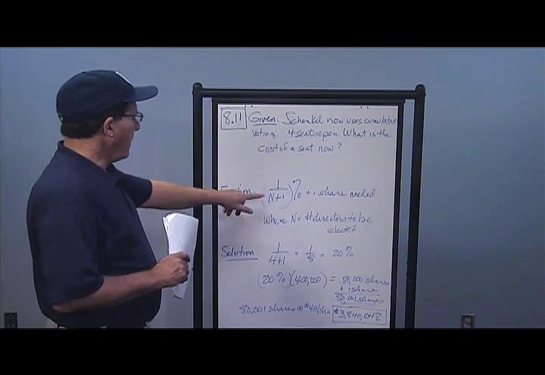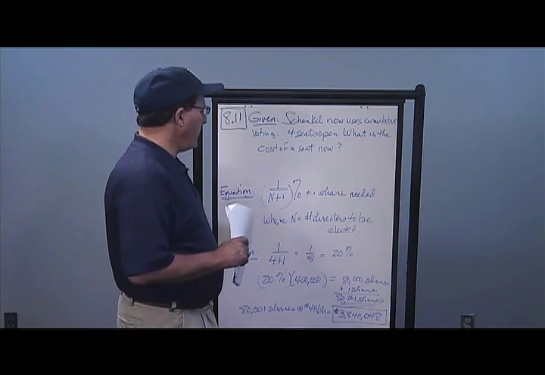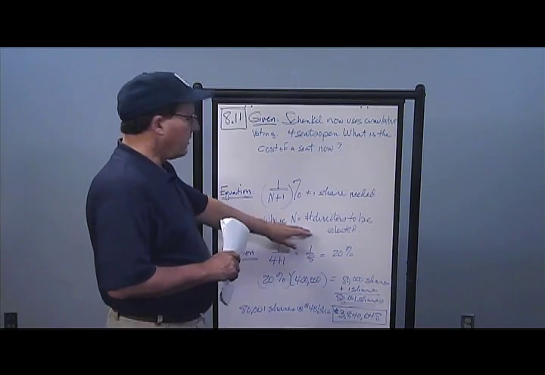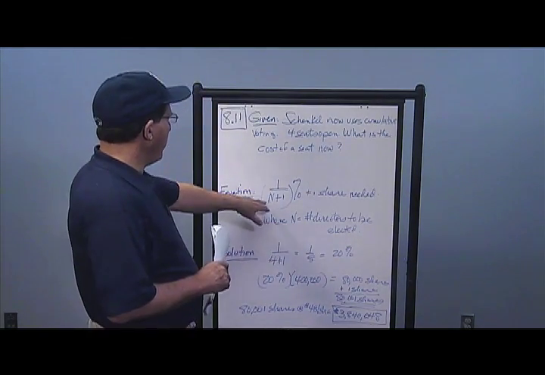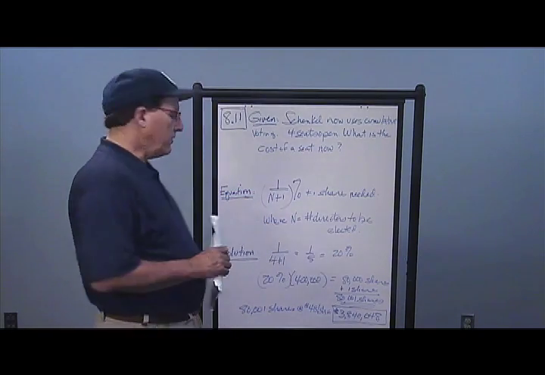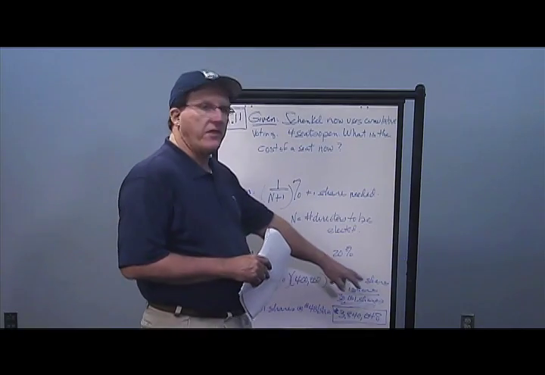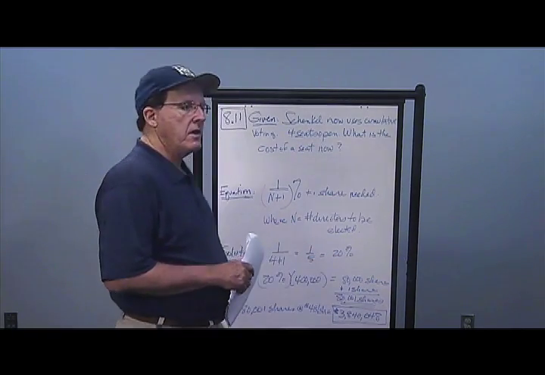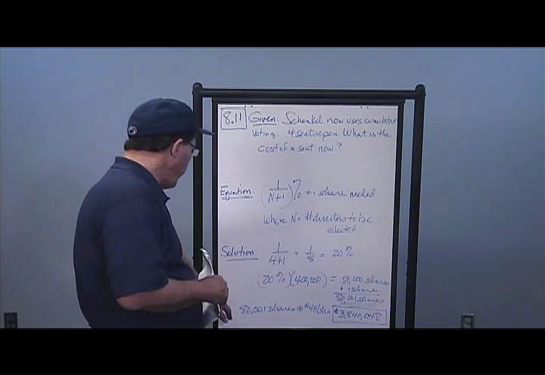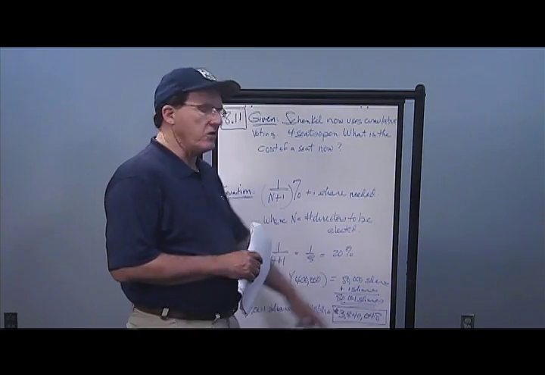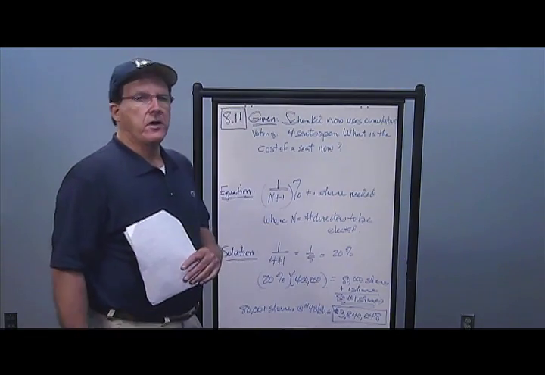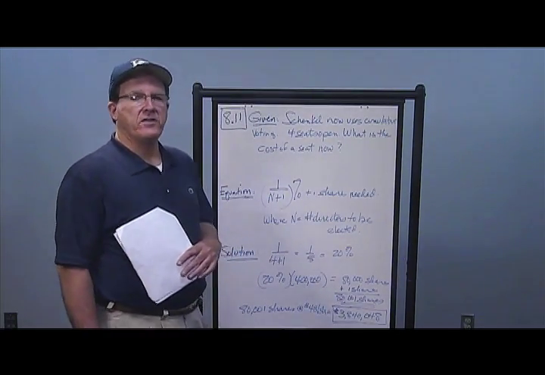So the equation is 1 over N plus 1 of the total shares plus one share, where N is the number of directors to be elected. So with 4 directors to be elected, 1 over 4 plus 1 is 1/5, or 20% of the shares. 20% of 400,000 is 80,000 shares plus one share. I need one more, as in the Smith and Jones example, so 80,001 shares at $48 a share. It will cost me $3,840,048